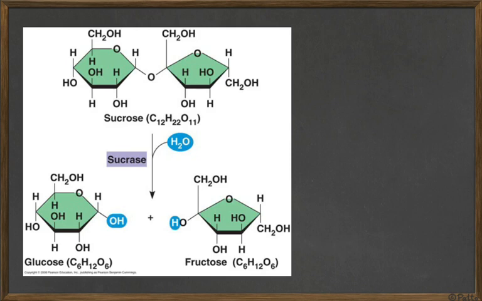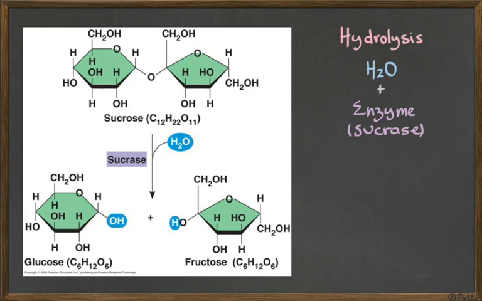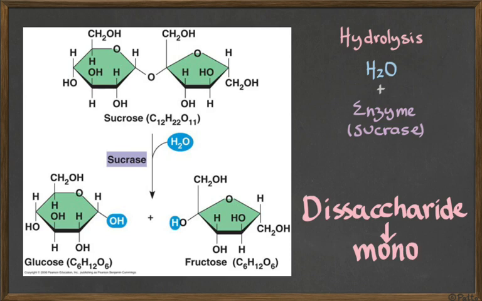Sucrose actually is not a polysaccharide, it's a disaccharide, but it also requires digestion. So I'm going to be using it here as an example. There's an enzyme called sucrase that we use to break sucrose into a glucose and a fructose. Yay! So then there they are, it's broken. This process, if you remember in biochemistry, is hydrolysis. We put water, we have an enzyme, and that makes the breakdown of a disaccharide into monosaccharides. So sucrose, which is the table sugar, the Brazilian sugar, is broken down into glucose and fructose, and then our body can absorb glucose and fructose.